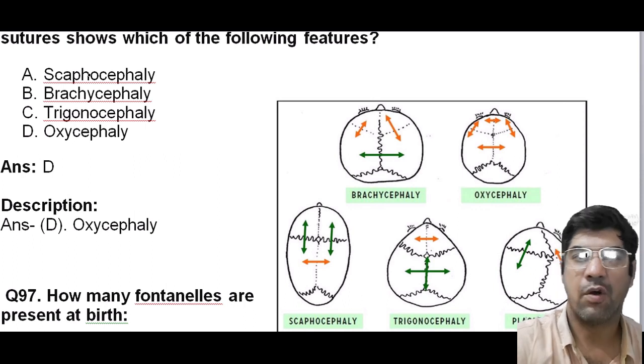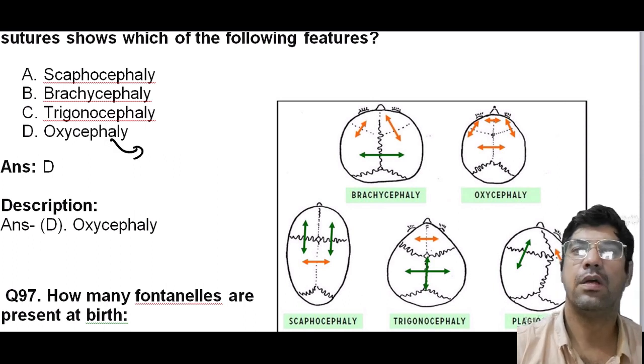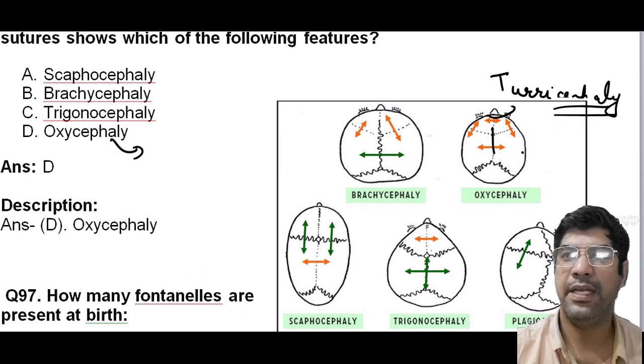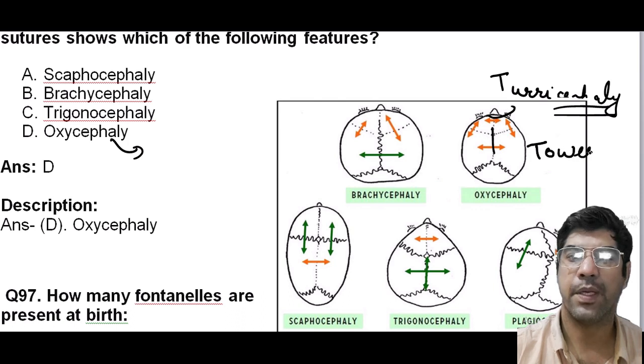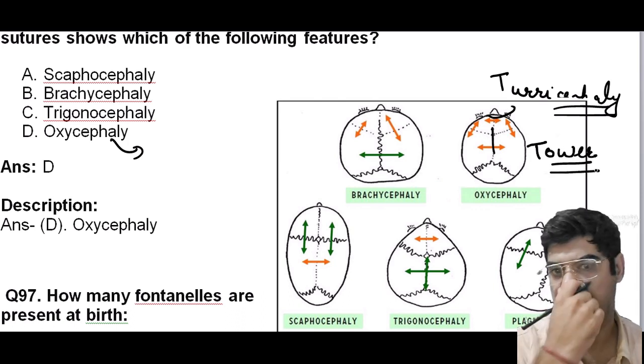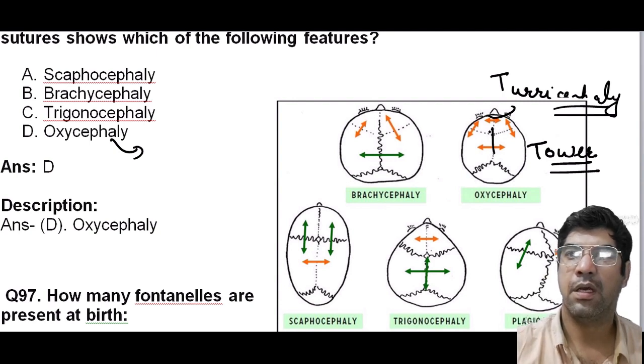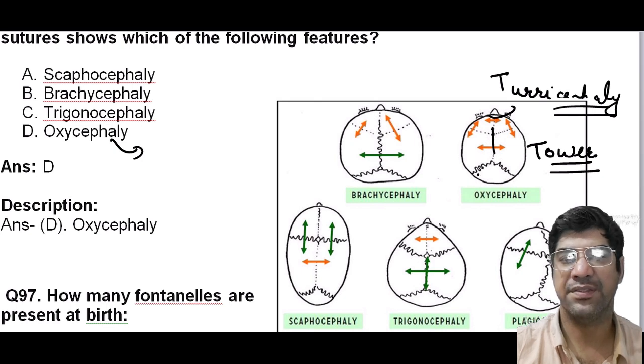Oxycephaly is also known as turricephaly. Where multiple sutures in the skull fuse prematurely, that can lead to a tower-shaped head. It involves the fusion of both the sagittal and the coronal